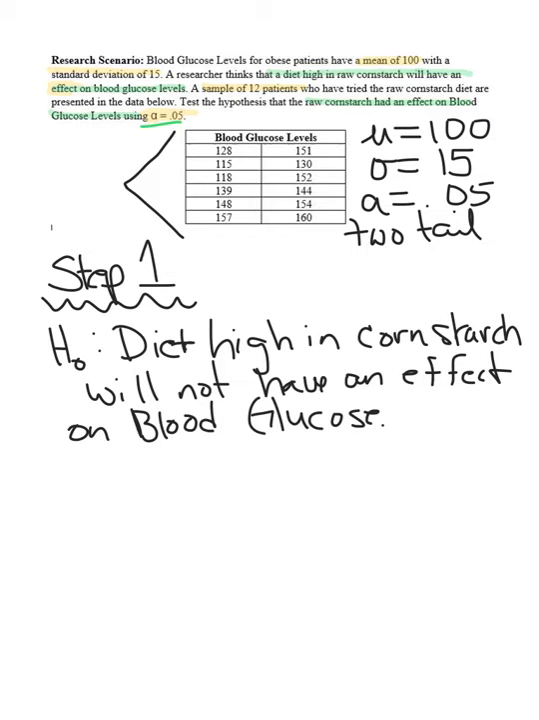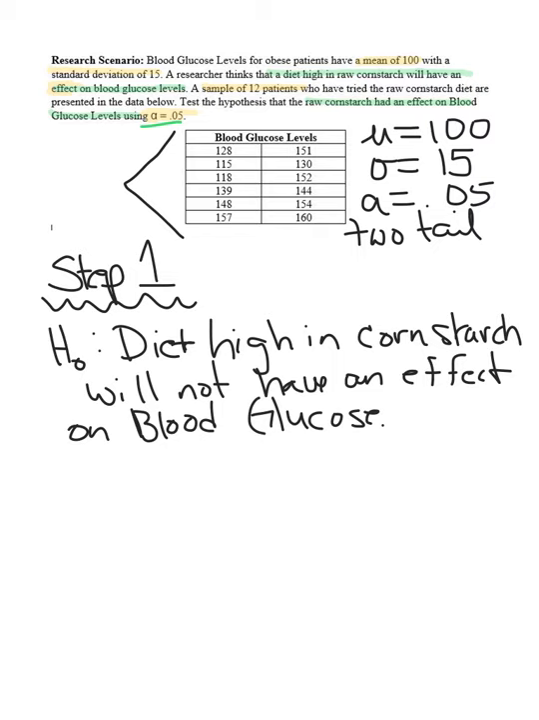So the diet would be the independent variable, and then the blood glucose is the dependent variable. It's important you have those. So just saying there will be an effect on blood glucose, that's wrong, because what has an effect on it? So you need to make sure you're giving a complete